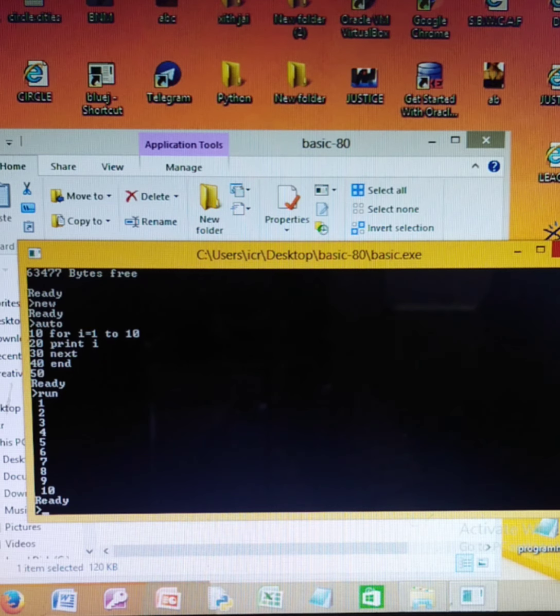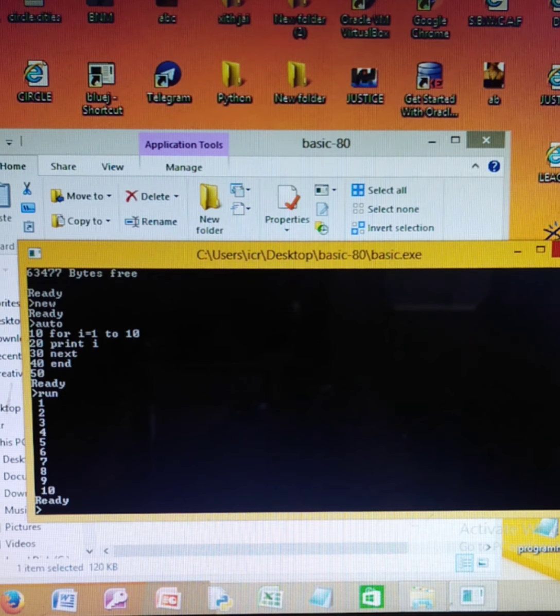Print I is going to print the present value of I, which is 1. Next is going to increment the value of I and it becomes 2 when it reaches line number 10 again. I becomes 2, it will come inside, and print I is going to print 2. Then next again will force the loop to go back to line number 10 so that I becomes 3. Moving inside line number 20, it will print 3, and so on.